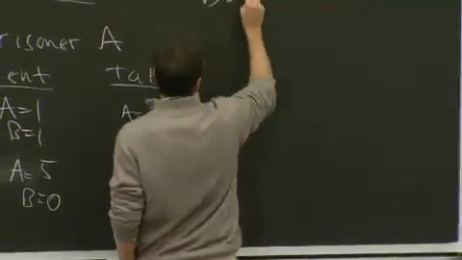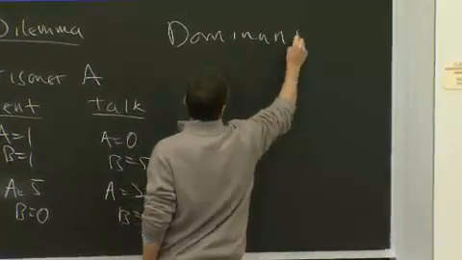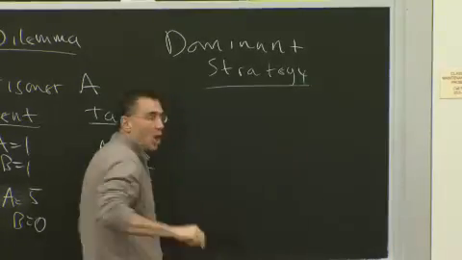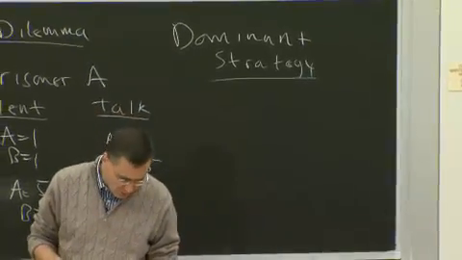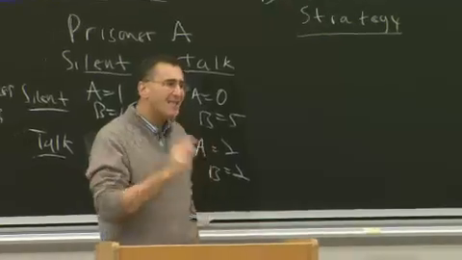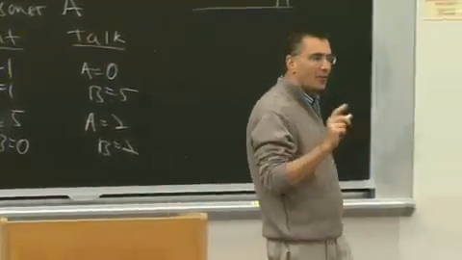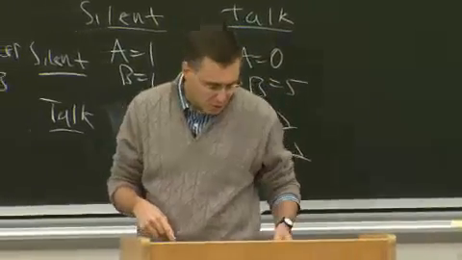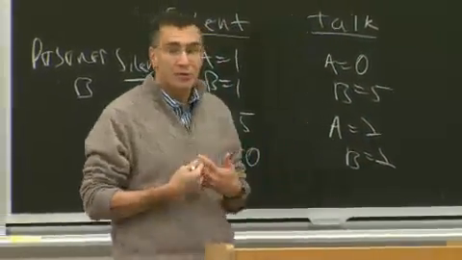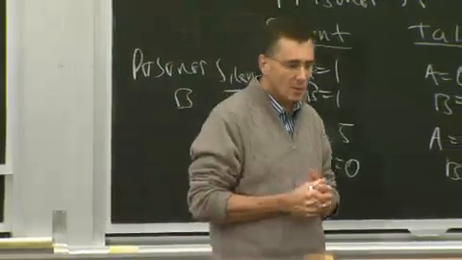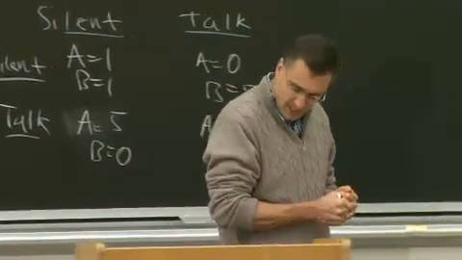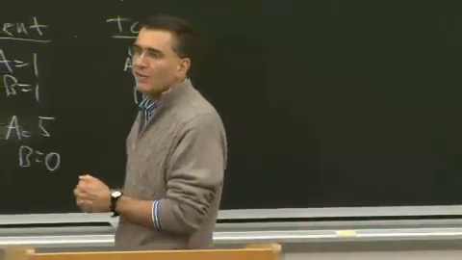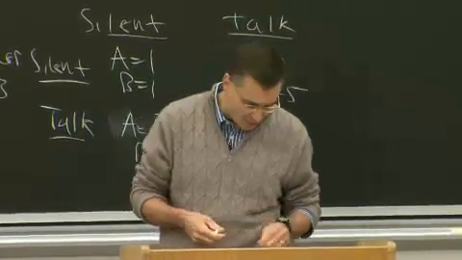Okay? And what we call optimal, in the language of game theory, we call the dominant strategy. A dominant strategy is the best thing to do no matter what the other guy does. So the dominant cooperative equilibrium strategy is to both stay quiet. But what is the dominant non-cooperative strategy?